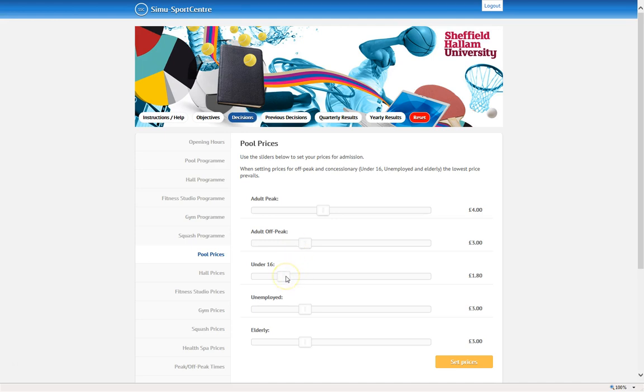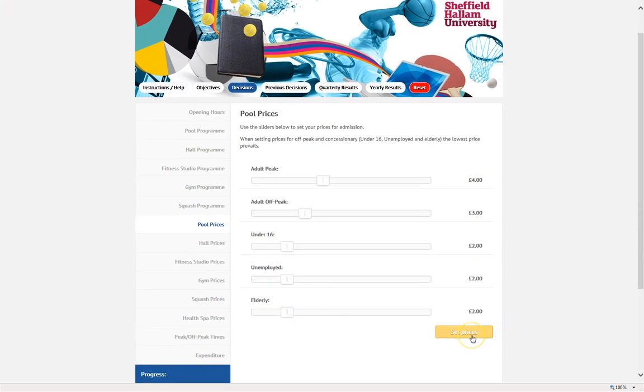We can offer lower prices for children, or we can increase prices for children, and currently the price for adult, unemployed and the elderly is set at what was the default price of £3 for adults. But if we want, we can decrease that to try to meet social goals such as increasing usage amongst the unemployed and the elderly. So we can decrease the price, and once we're happy with doing that, we can click Set Prices, and again